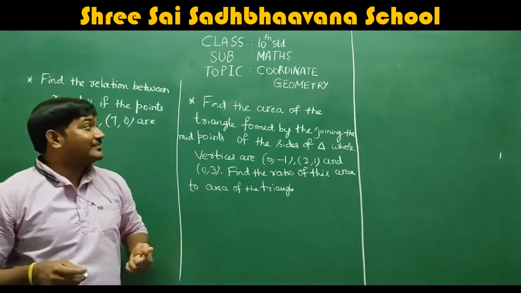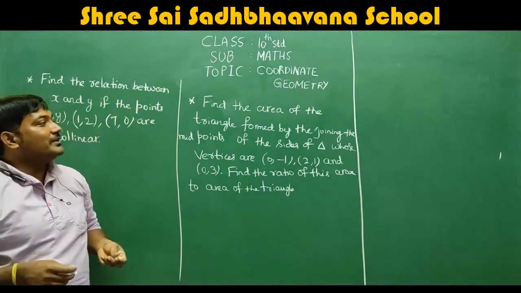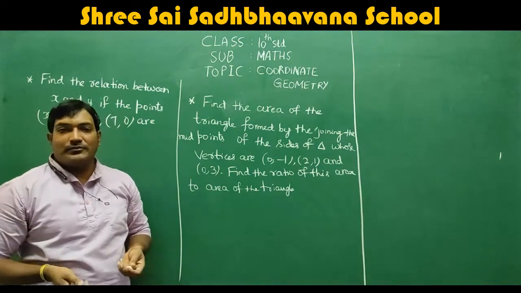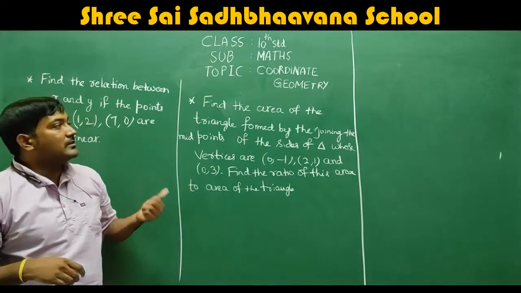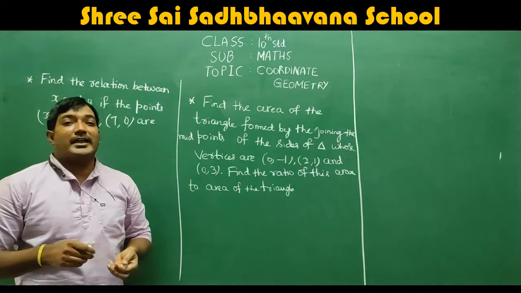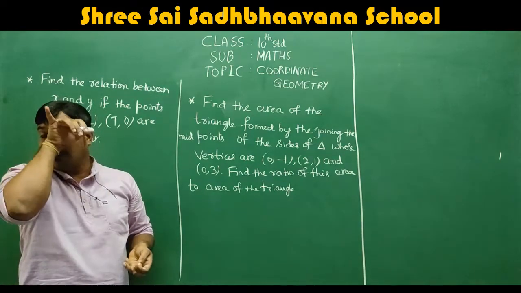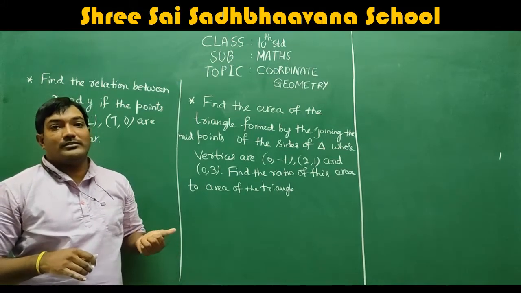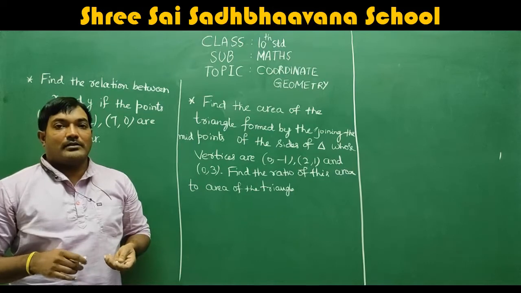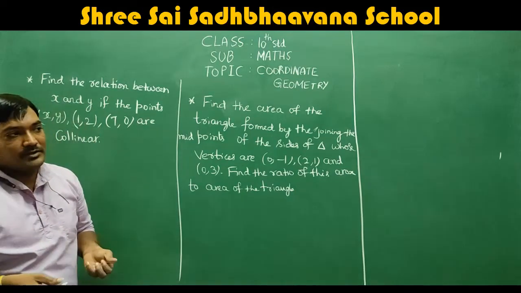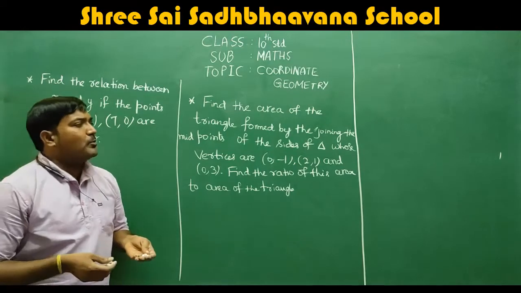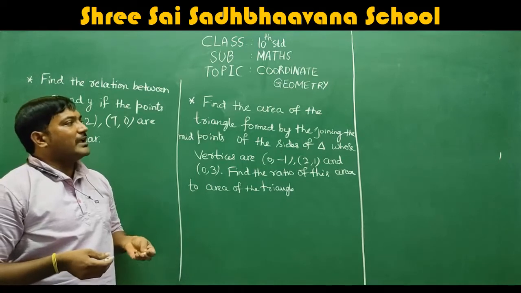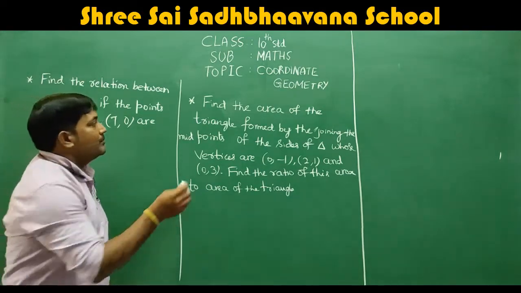Today we are going to discuss the chapter coordinate geometry, and we are going to continue the concept, the area of triangle, from the last class. In the last class you know that we discussed the area of triangle with three vertices. The three vertices of the triangle are given, how to find the area of the triangle, and we discussed the sums regarding that, and the collinearity concept also. So we are going to discuss some more problems of the same type, based on the area of triangle only today also.